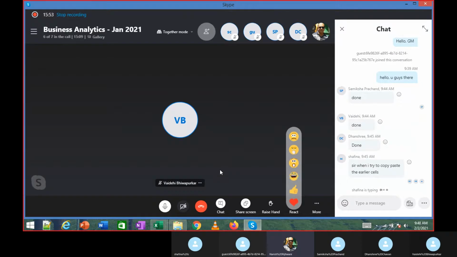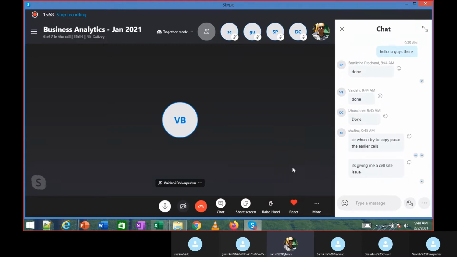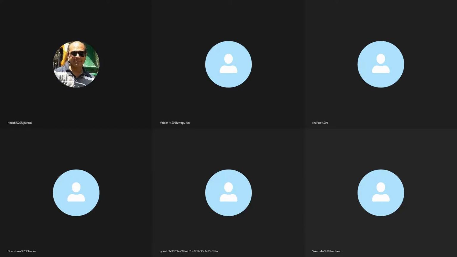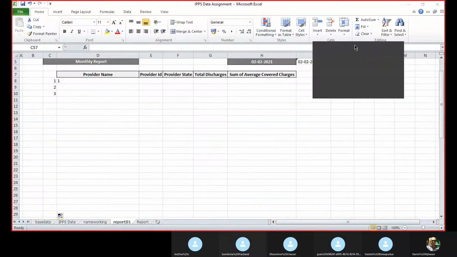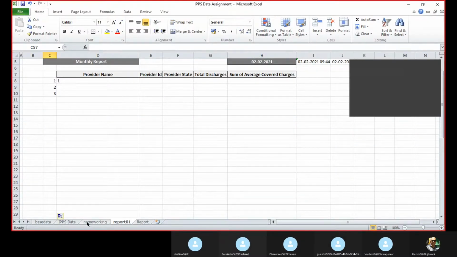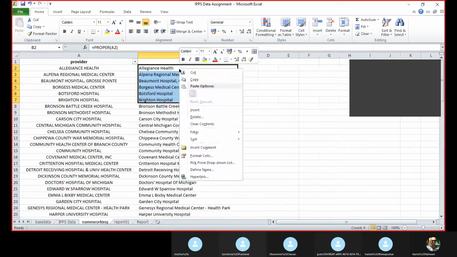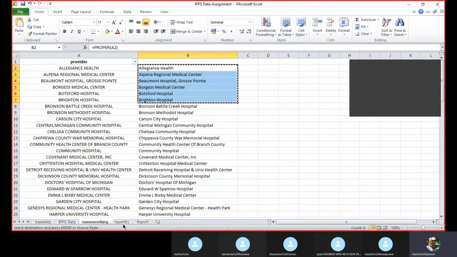So you're not getting the value? When you copy paste the name, right? Oh, can you share your screen? No, copy the entire column.